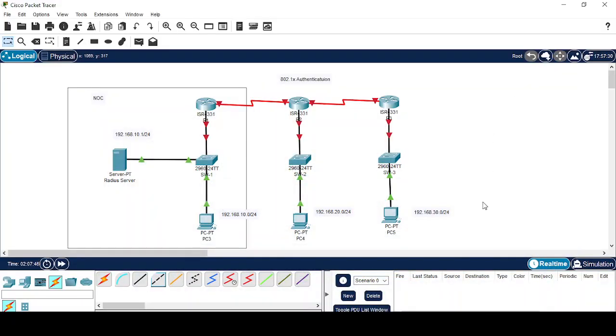Hello friends, today we are going to perform a lab regarding 802.1x authentication. In this lab, we are going to use three different networks. This highlighted portion belongs to the NOC, where we have a radius server, an administrator, and the related network devices, switch and router. And we have two different networks on the other side. You can say that we have two different remote sites with networks